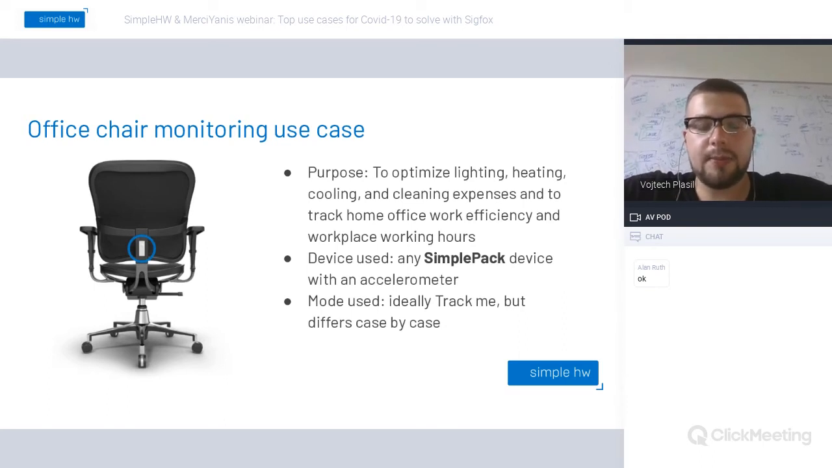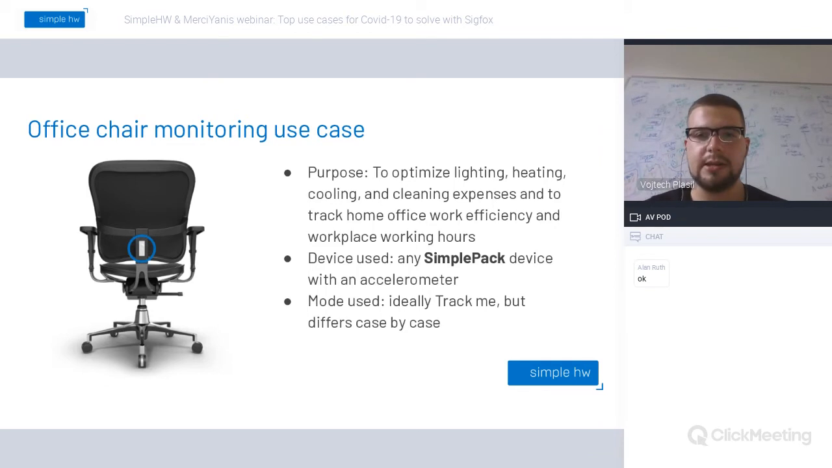And of course, the main purpose of this is to monitor work efficiency, so working hours, whether at the office or home, and it can be quite an efficient solution for this. The device we use on this one is the Simple Pack. Any Simple Pack with an accelerometer will do, which means that even the smaller device without the Wi-Fi module can do this. And the mode that we use for this is track me,